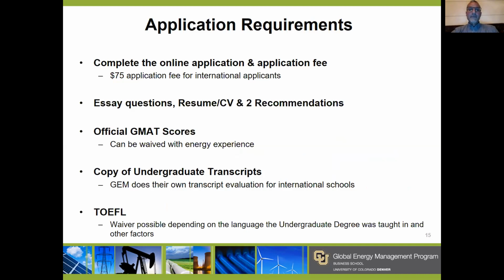One other question I get asked a lot about is the TOEFL or English competency exam, and that's really on a case-by-case basis in terms of waiving that. It depends on the language of your bachelor's or master's degree and a couple of other factors. One other thing that is nice here is in terms of your transcripts. I actually had a student who studied at a school in Africa recently, and because those transcripts were already translated to English, we were able to do a free evaluation for them here on our own scale. So you do not have to have a service like WES or ECE, which does their own evaluation on a 4.0 scale.